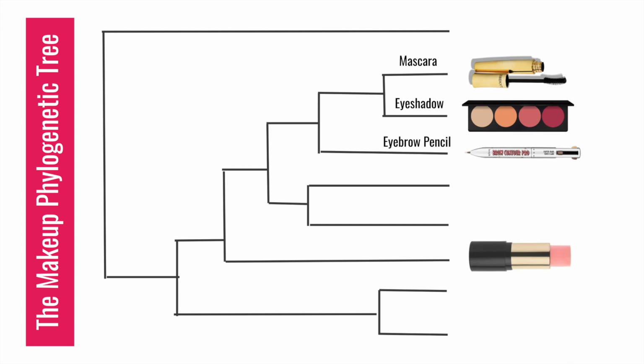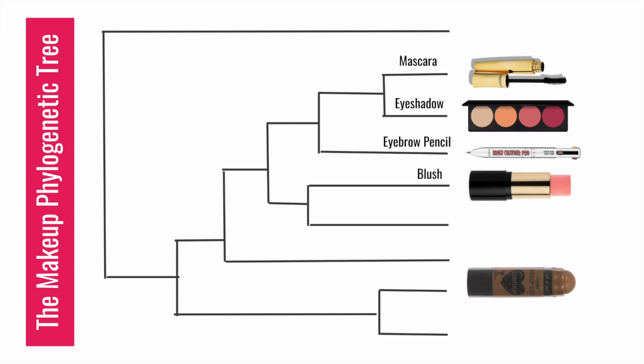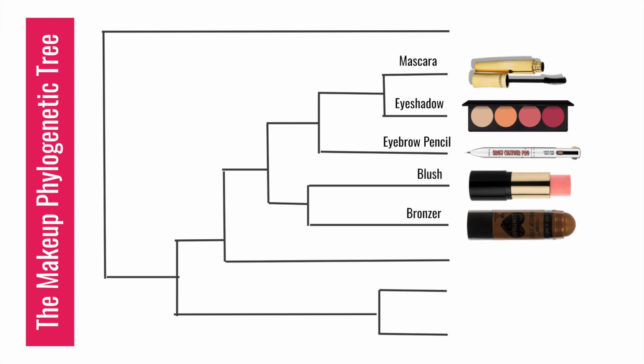Then, blush and bronzer diverge next, which have very similar niches of providing color for the cheeks. If makeup were considered species on a tree, then the internal node right before the blush and bronzer diverge into two branches is the most recent common ancestor. This could be one form of color for the cheeks in a red-brown type of color. Maybe back half a century or so, something like that could have existed.